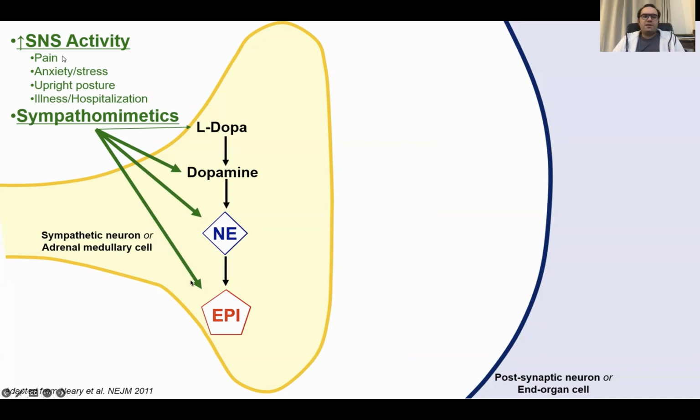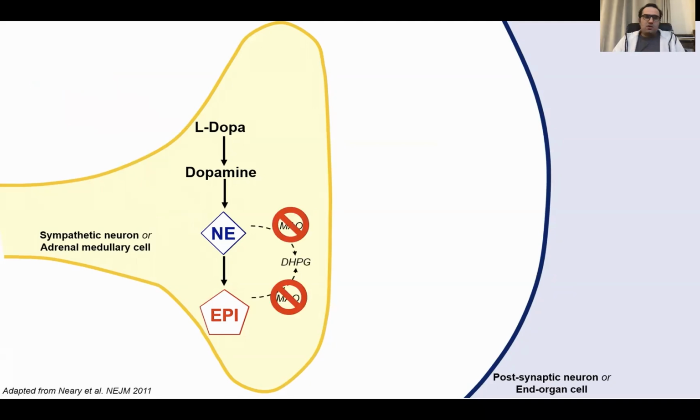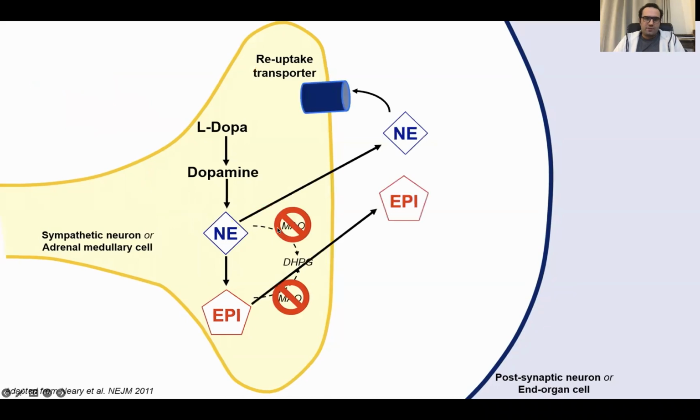sympathomimetics that can falsely give a raised norepinephrine or epinephrine, that in other words means normetanephrine and metanephrines. And we should also understand that norepinephrine and epinephrine are metabolized by monoamine oxidase, and if the patient is on a monoamine oxidase inhibitor, that can also falsely increase them, but this is not usually used. Okay, so these norepinephrine and epinephrine will go out, and then almost 95% or more are taken up